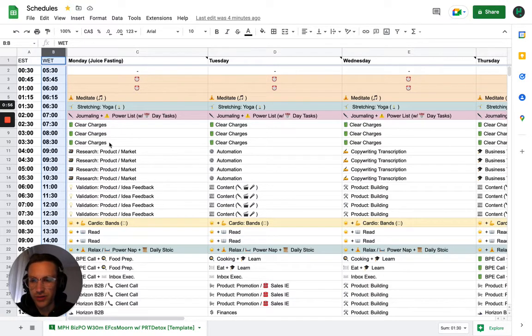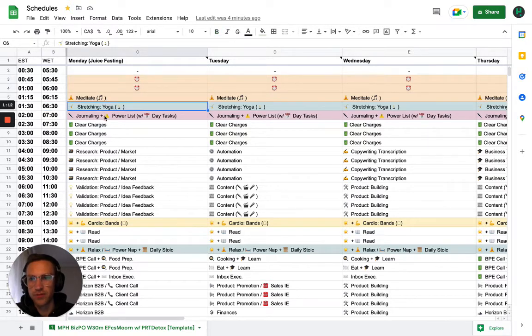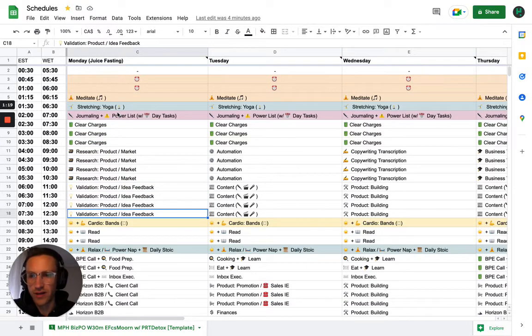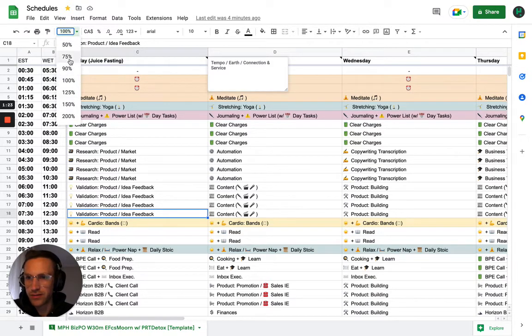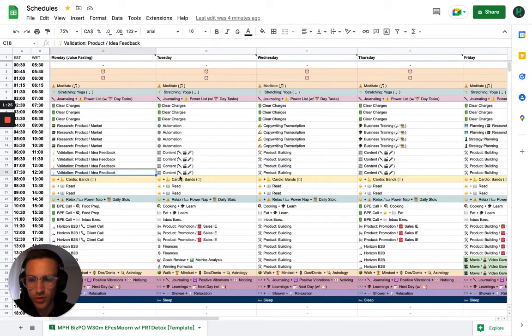Then the way that I structured this is I did it by 30 minutes, but in some places I did 15 minutes in the morning, just based on different things. Overall, it goes: wake up time, meditation, stretching, journaling, claiming charges, research, validation, that type of thing. The reason I did it this way is really to have a better overview. So, for example, if I zoom out, to 75 maybe, you'll be able to see the whole